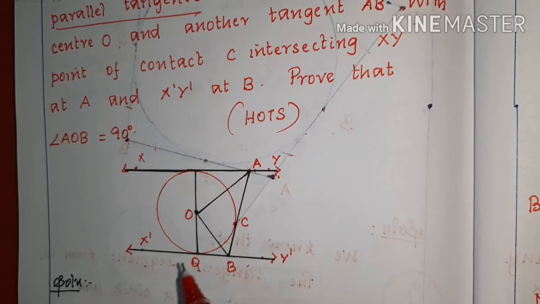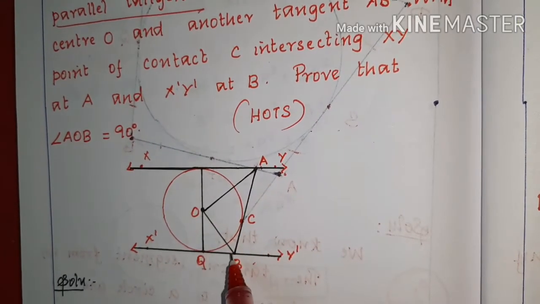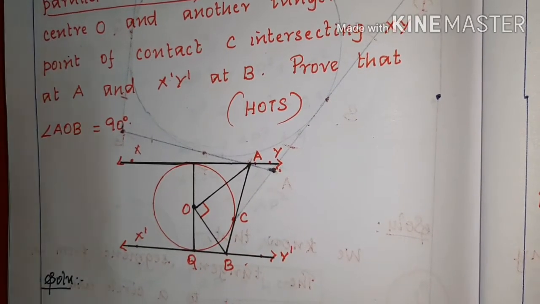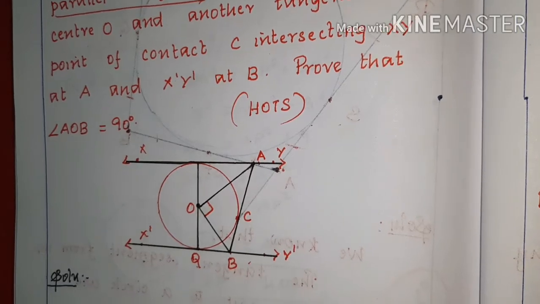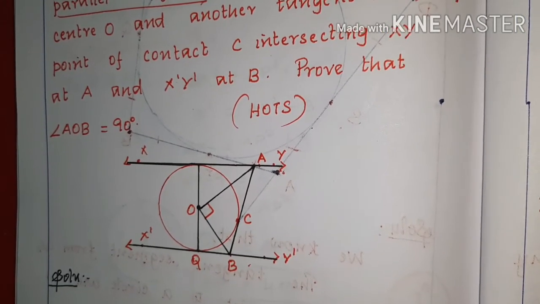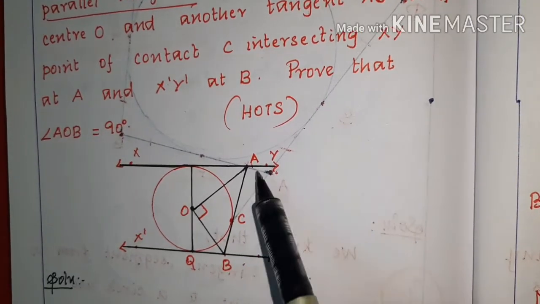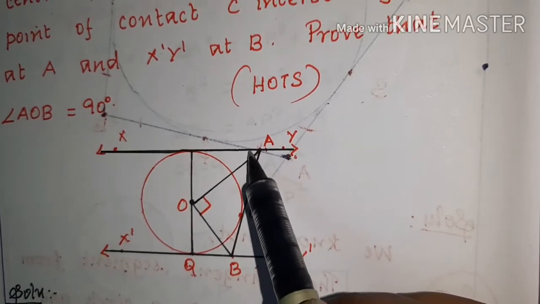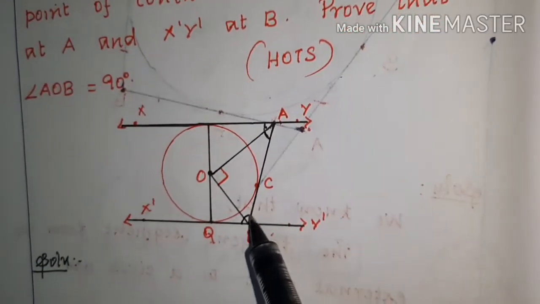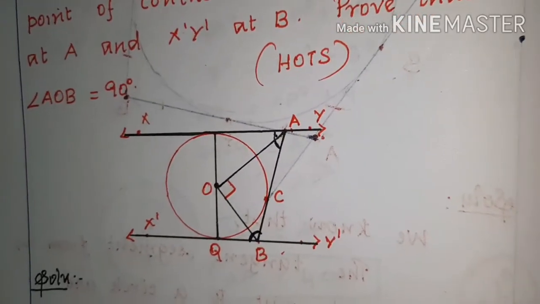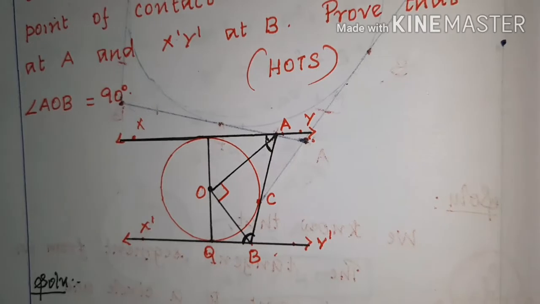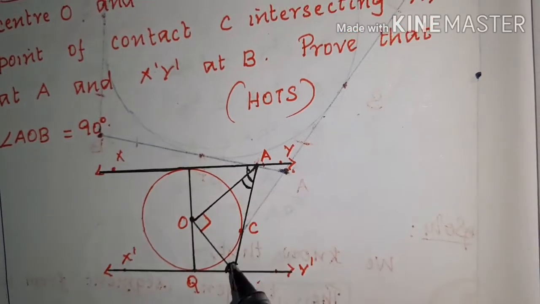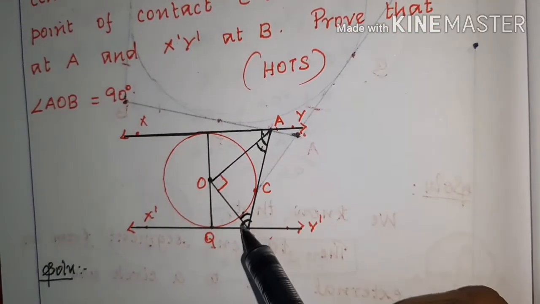Now you want to prove that this angle inclined at the center is 90 degrees. This is what we are asked to prove. There are 2 methods of solving this. One method is, you know now that these two are parallel and this is acting like a transversal. So the sum of these 2 angles is equal to 180 degrees. That is the sum of 2 consecutive angles, no? So like that you can prove it, and then in order to prove that this is 90 degrees, you have to say that the sum of these 2 angles is equal to 90 degrees.